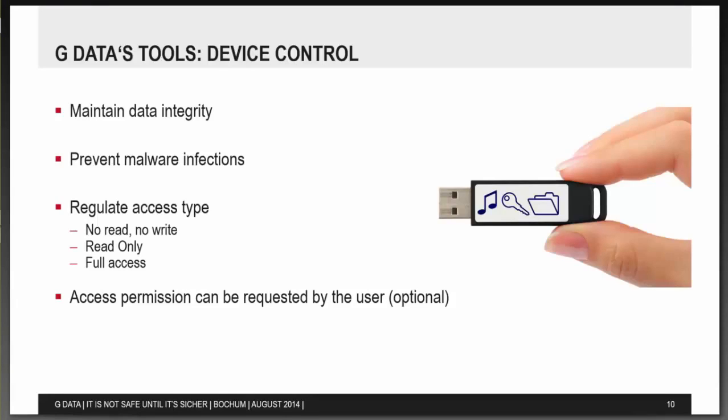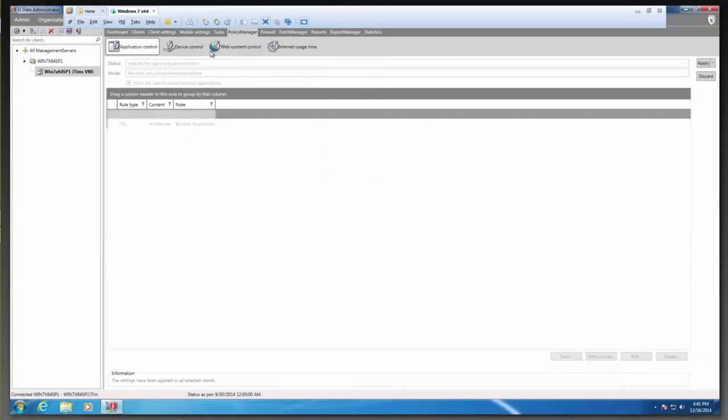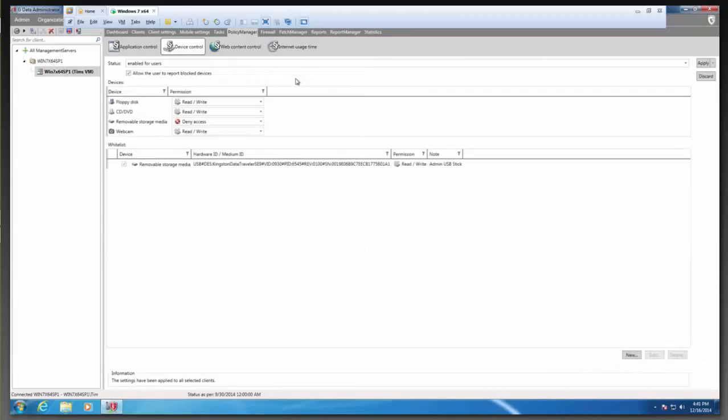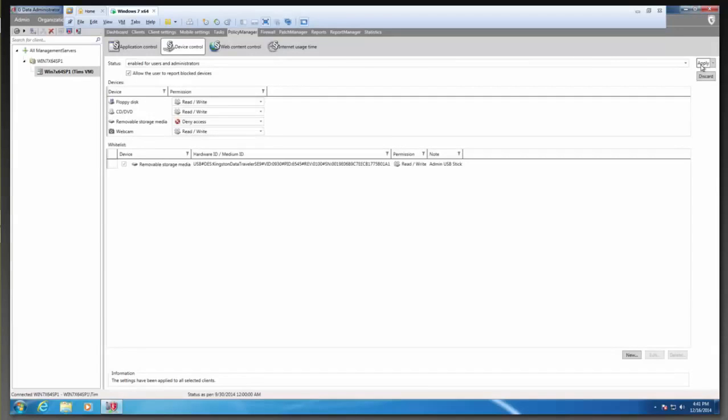So I'm switching over to my virtual machine and over to my device control. So again, device control is enabled for all users. Users can report blocked devices. And now we want to set USB storage, external storage media, to access denied. It's as simple as that. So just a few mouse clicks and you have